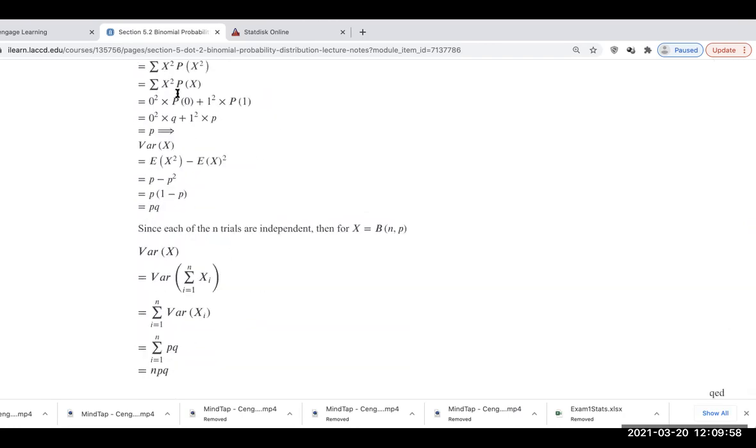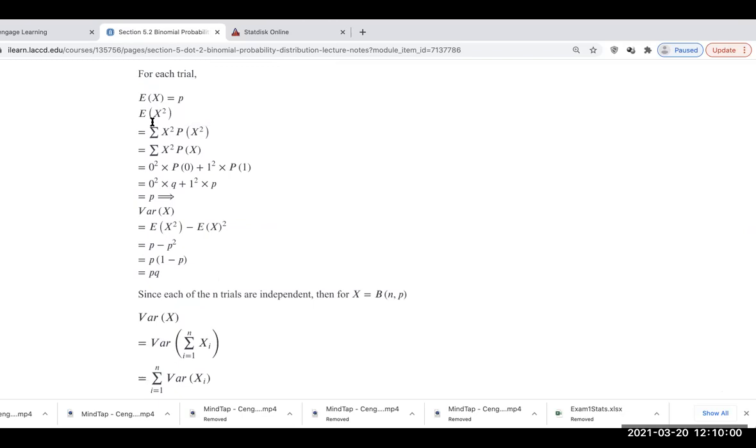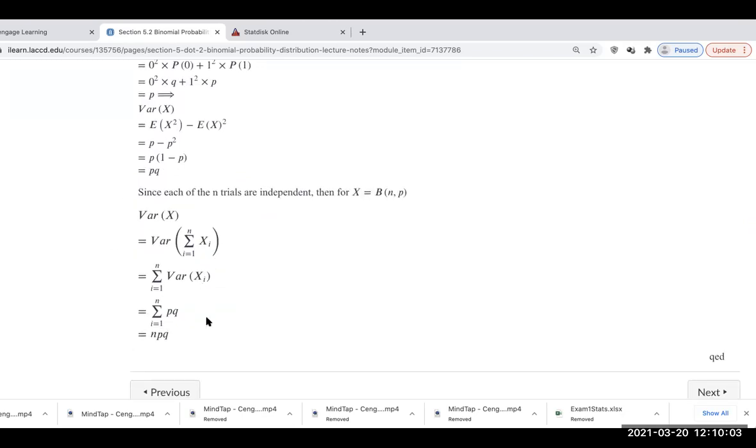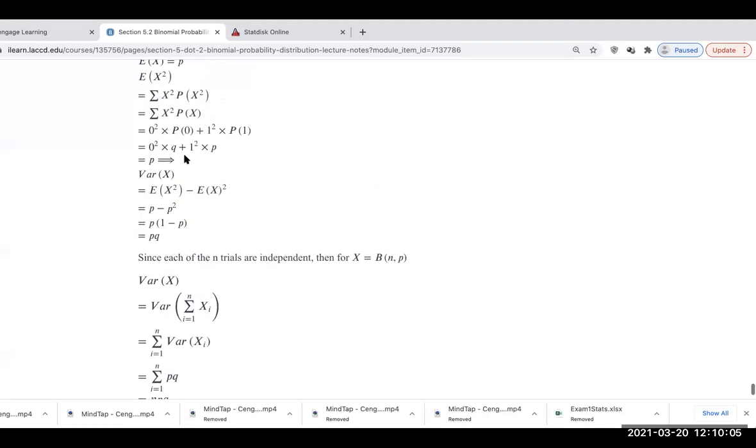So again, it's a simpler computation than what we did previously. This is an alternative proof. These two proofs are alternative proofs of what we proved earlier today: that the expected value of a binomial random variable is NP, and the variance of a binomial random variable is NPQ. So that finishes off section